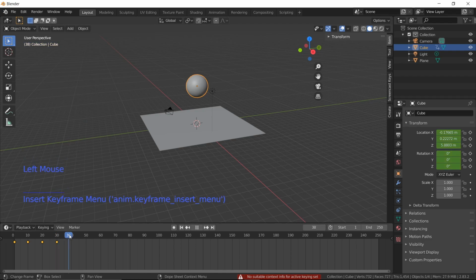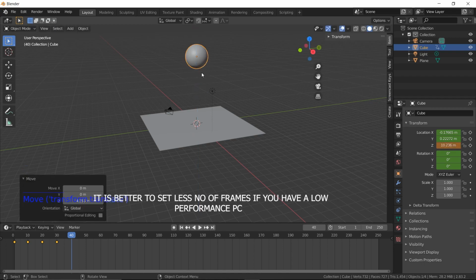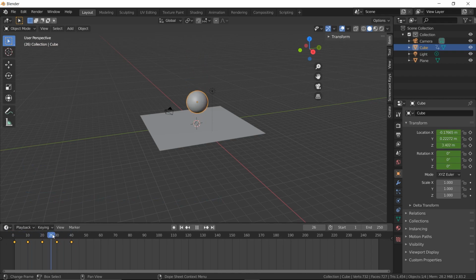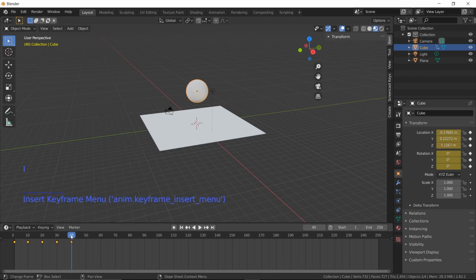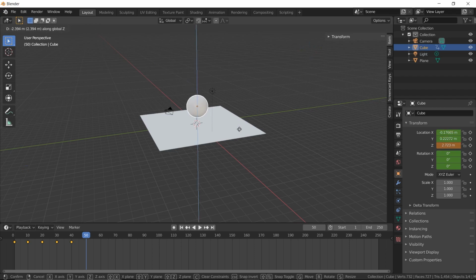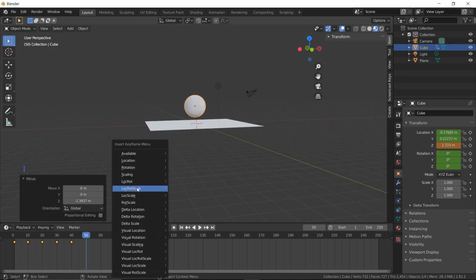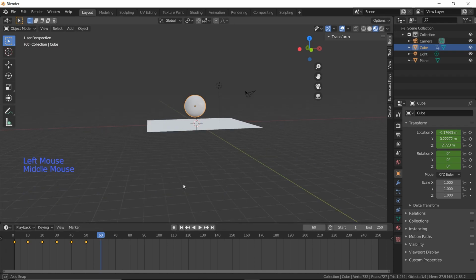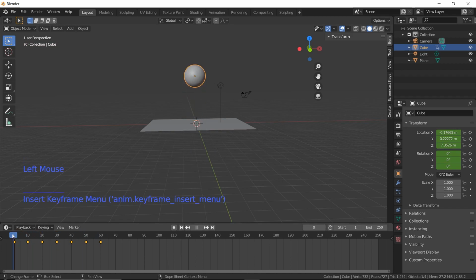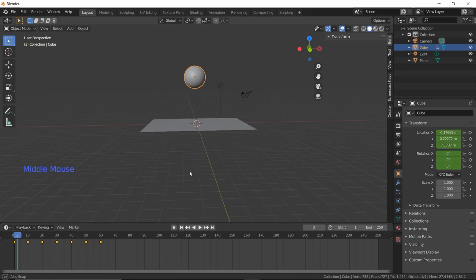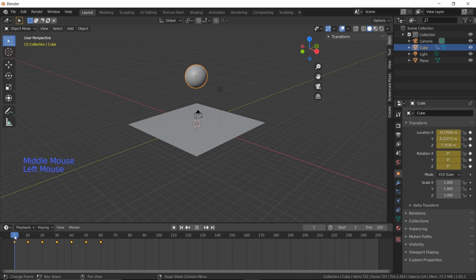You have to continue doing this up to the required number of frames. Now we have created a bouncing motion for our ball.